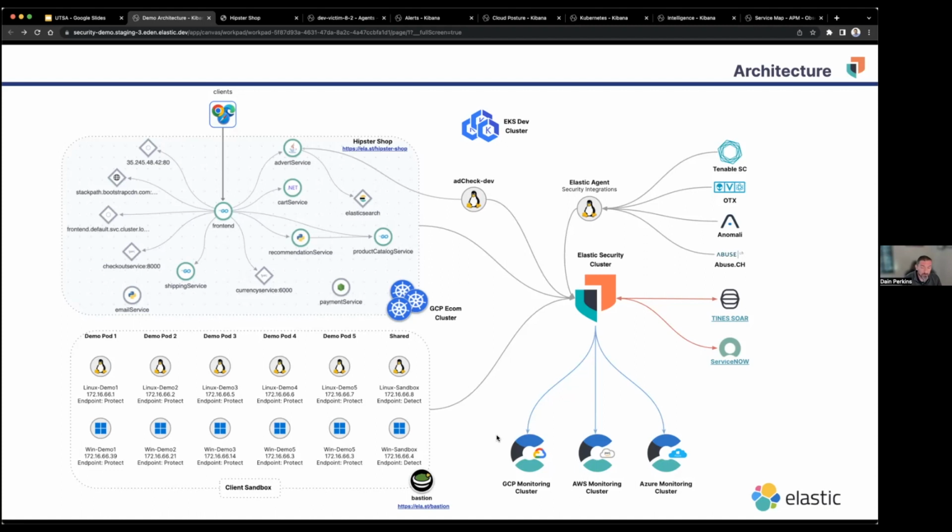And from that cross-cluster perspective, we are pulling data from our GCP, AWS, and Azure environments. But instead of actually going through the process of grabbing all that data and backhauling it to one central cluster, we've actually got smaller clusters in each environment doing our monitoring with a full Elastic Security implementation available there. But we're using distributed search so that you can pull just the data that you need from those clusters. So all the operations that we'll see in our main security cluster, that's pulling from all those other environments as well if we need them to.